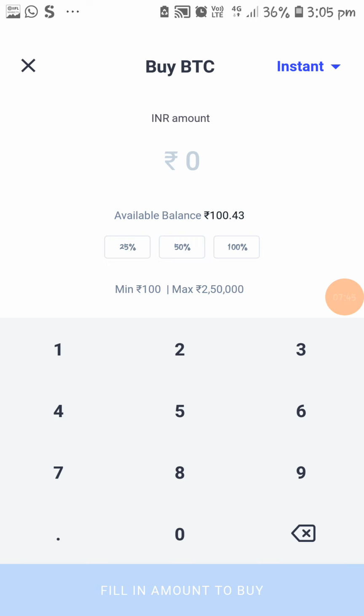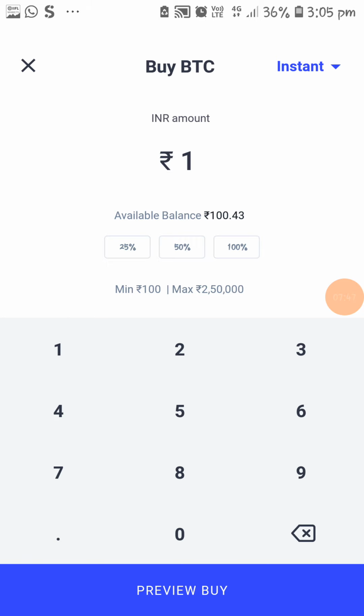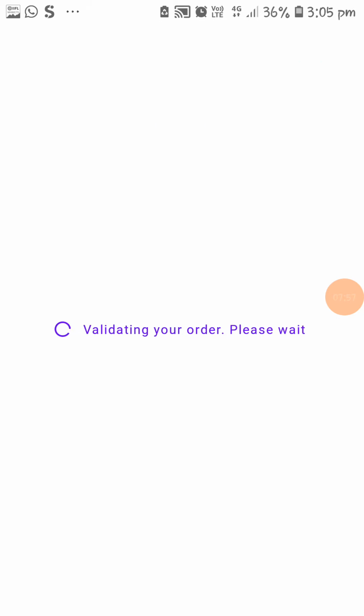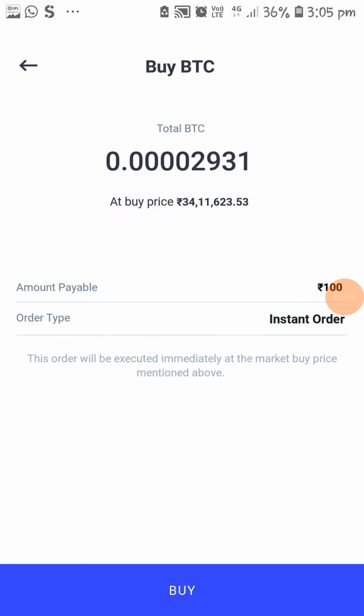For example, I am going to enter 100. I'm going to enter the rupee worth. For 100 rupees I will get 0.0000231 of this Bitcoin. Click on buy.